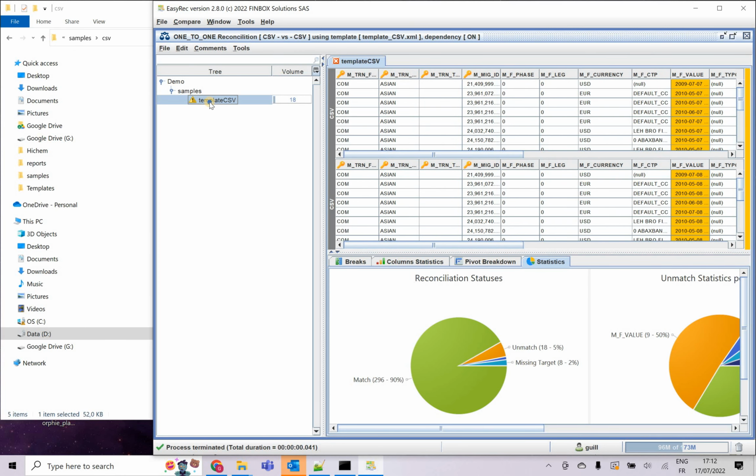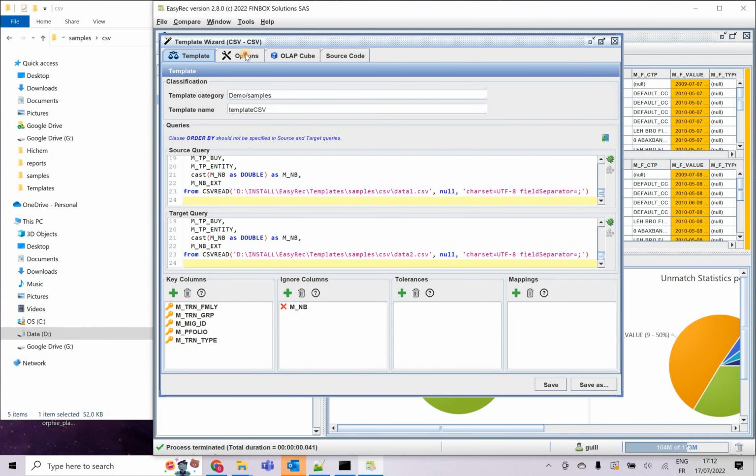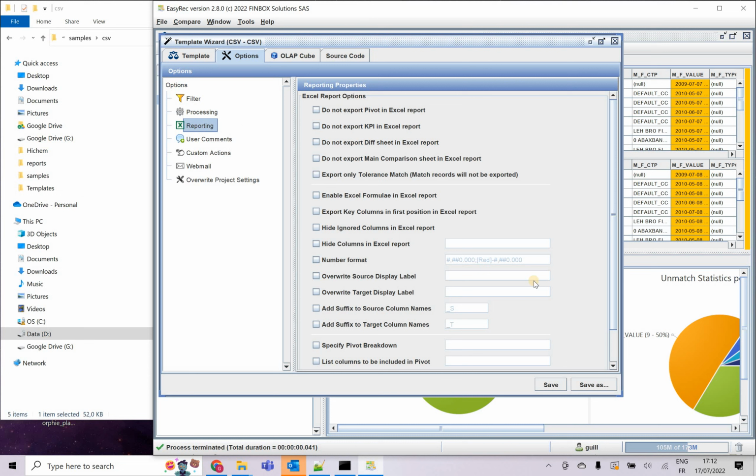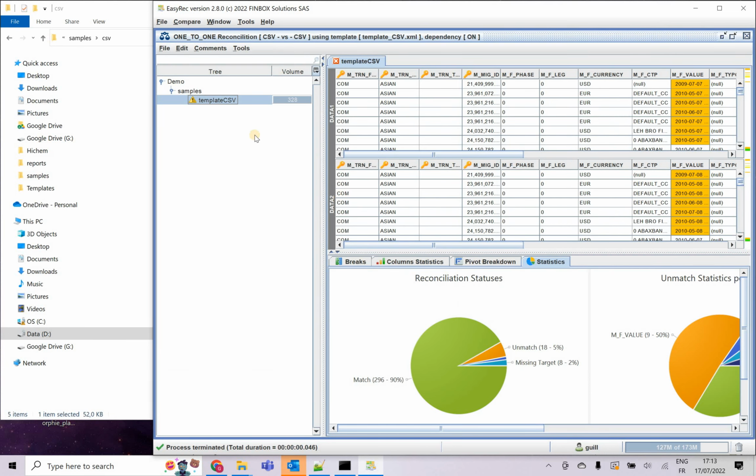If you do shift right click, you have another contextual menu, template editor. In this case, I go to options, I go to reporting, and I will say that source display label, I want to name this one data 1, and here data 2. I also select this one to export key columns in first position. Okay, so now you have data 1, data 2, and if I generate the Excel file,